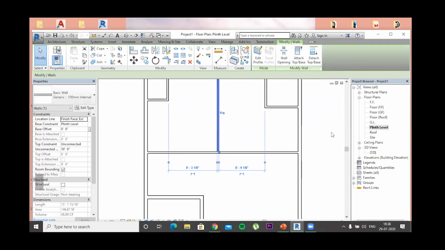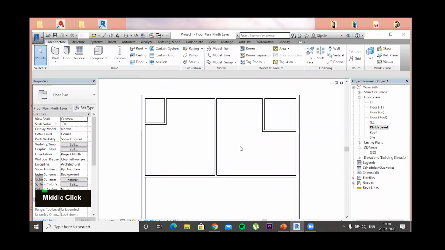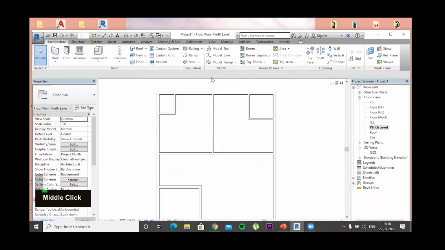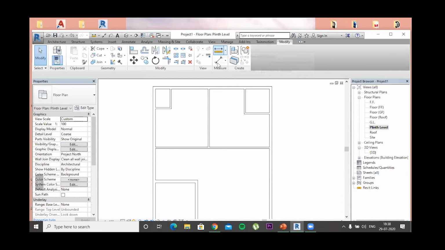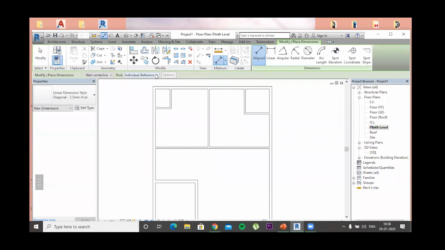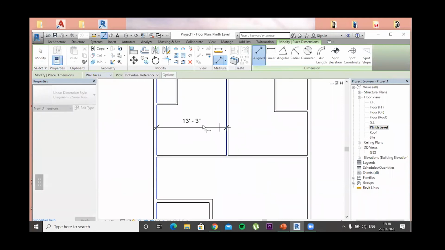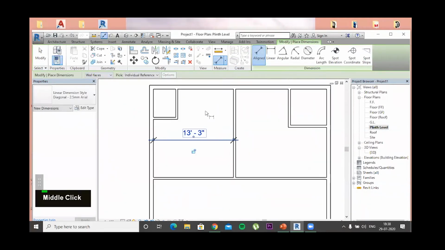Also, if I want to check the internal dimensions, there is this modify panel. These 2 types are there to measure and align dimensions. So if I select this one and select wall faces, I can tell the internal dimension of this particular room.